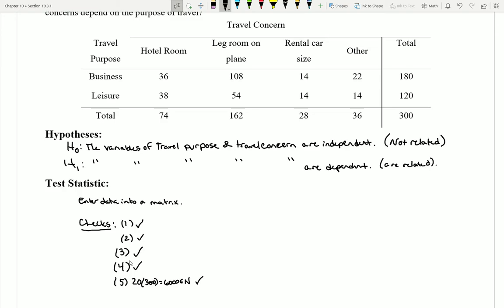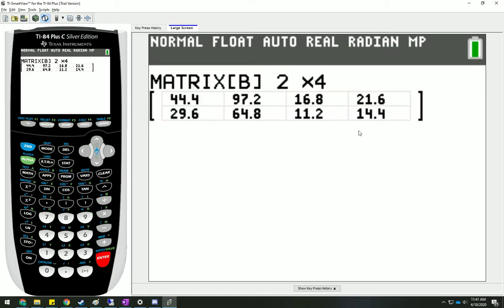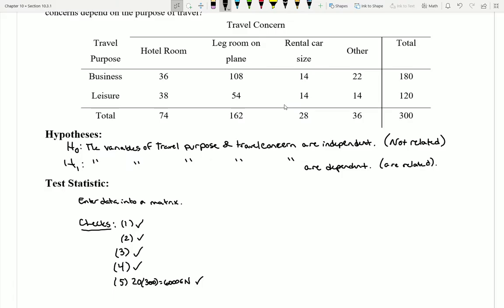I might just ask you, hey, can you actually just fill out what matrix B looks like? But I might not say, look at matrix B. I might say, hey, can you tell me what the expected counts were? And you should be able to do that because, of course, you had to do that in checks number 3 and number 4. Okay. So I've gone through here and I've checked all the checks,